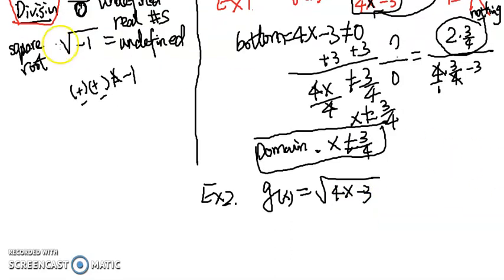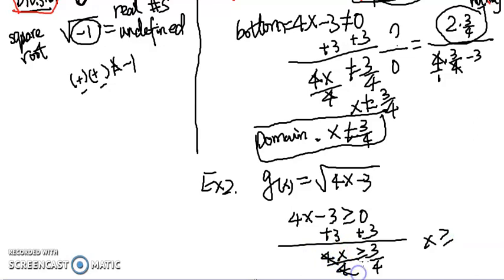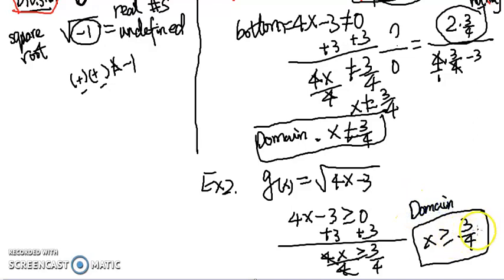So similarly, if you have, say, the square root of 4x minus 3, you're going to have the same thing. Because when you do a square root, it cannot be a negative number. Which means whatever is under the radical sign has to be greater than or equal to 0, because non-negative means greater than or equal to 0. So we solve this inequality, add 3 to both sides, divide both sides by 4. We're going to get x is greater than or equal to 3/4. So you can plug in any number greater than or equal to 3/4, but you cannot plug in any number less than 3/4. So for example, if you plug 0 in here, you're going to get -3, which is undefined. Square